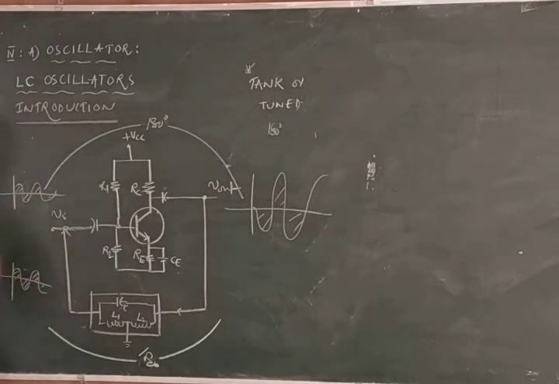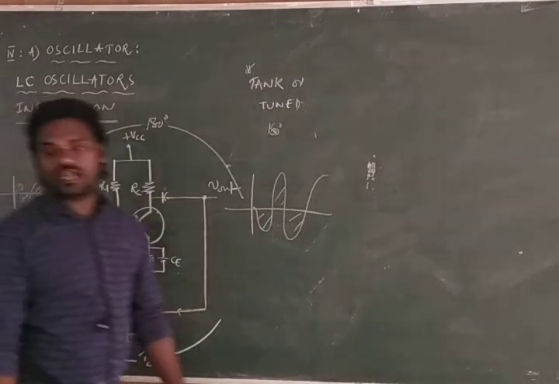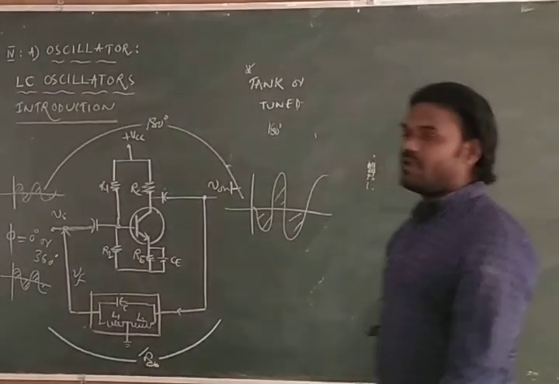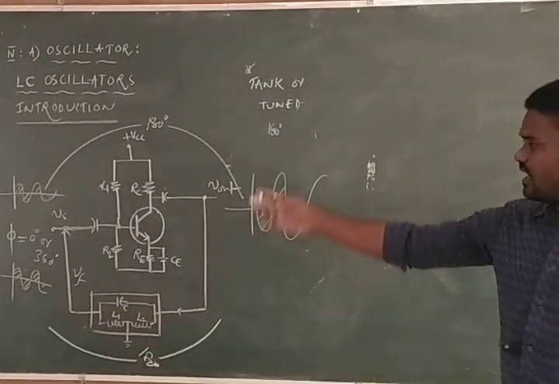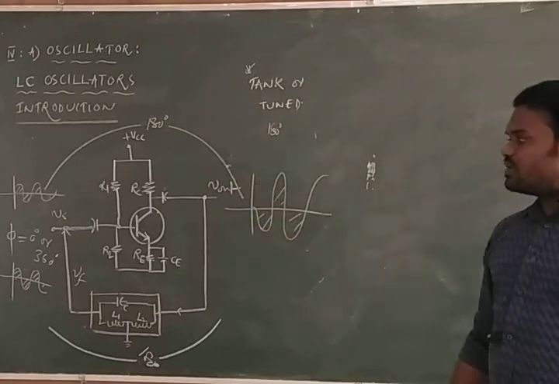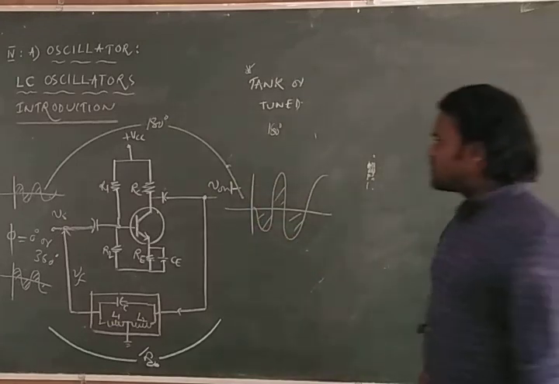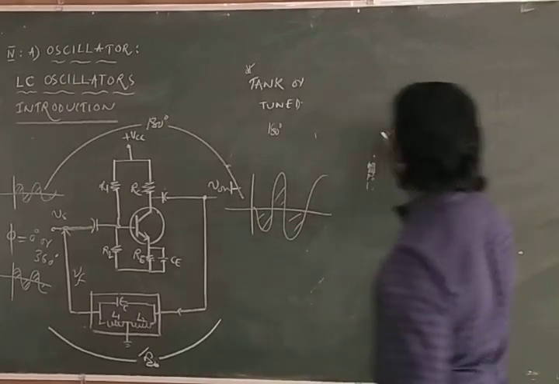Now compare these two signals. Both are in phase, VS and VF. The phase difference between in-phase signals is either 0 degrees or 360 degrees, so it satisfies the Barkhausen criterion, so it is able to provide stable and sustained oscillations for a phase shift equal to 0 or 360 degrees. Now we have to define the frequency of oscillation.